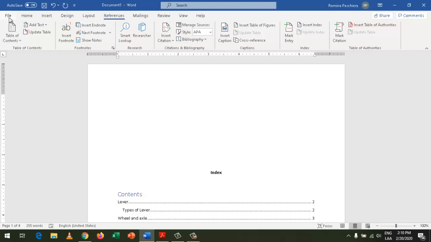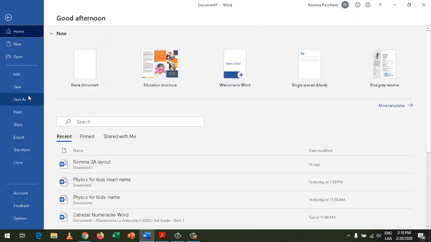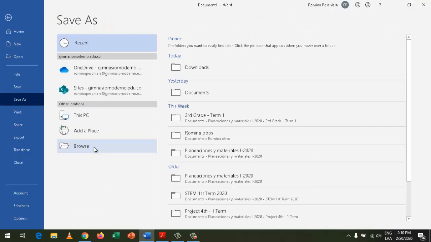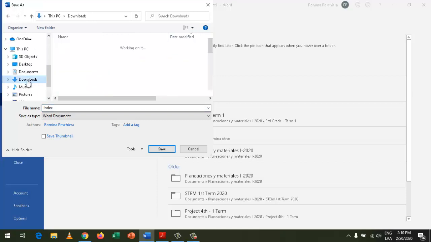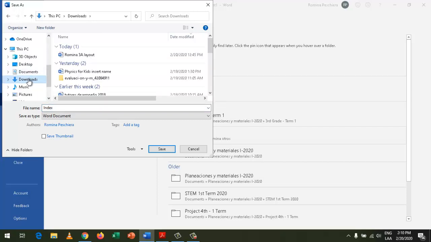Remember to save your document, file, save as, browse, okay? And on this column you need to select the USB, remember? I don't have a USB, that's why it's not appearing here. But if you have a USB, it will appear disk E or disk F or your name over here if you name it. Since I don't have a USB, I'm just going to save it in download. So I select the folder where I want to save it. I'm going to put my name,